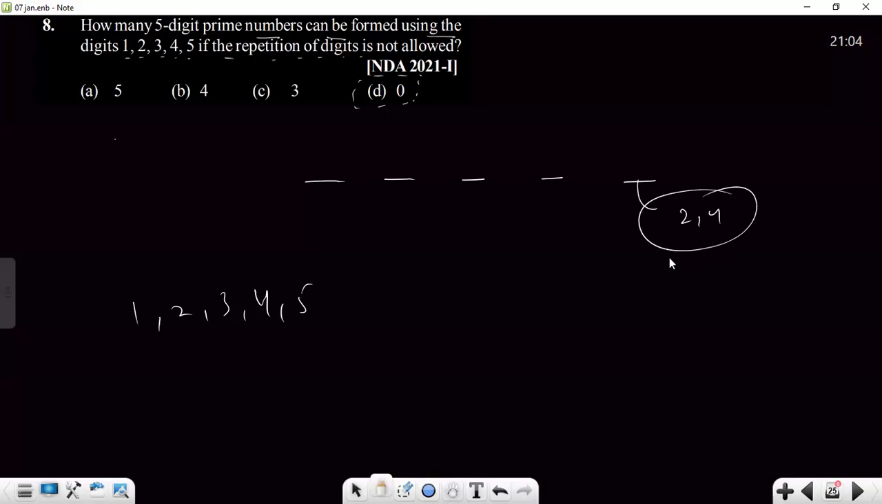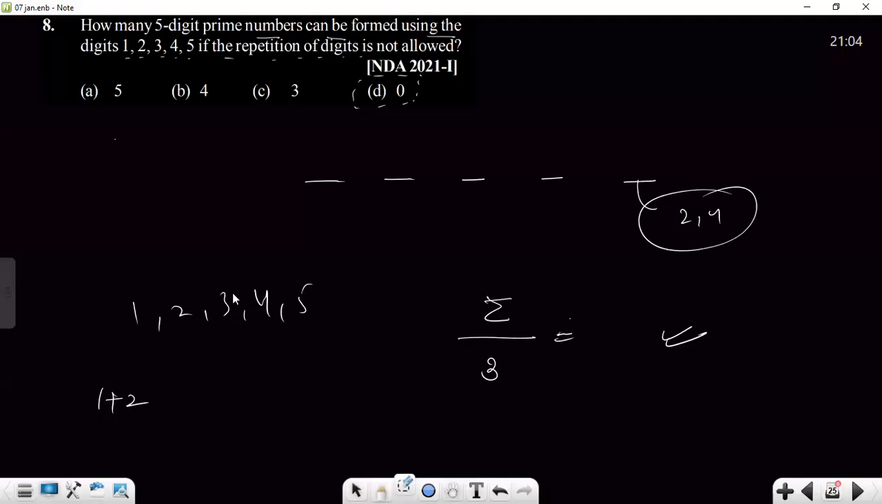Now let's check for 3. The divisibility rule of 3 says that sum all the digits and divide them by 3. If it is properly divisible, then it's divisible by 3. So let's sum all the digits. We are definitely aware